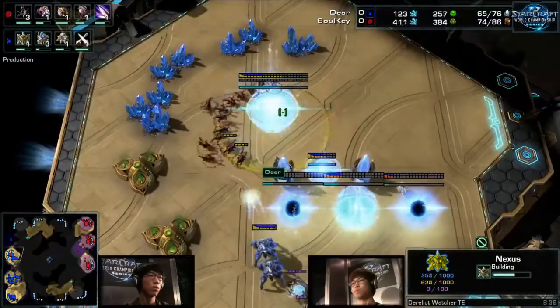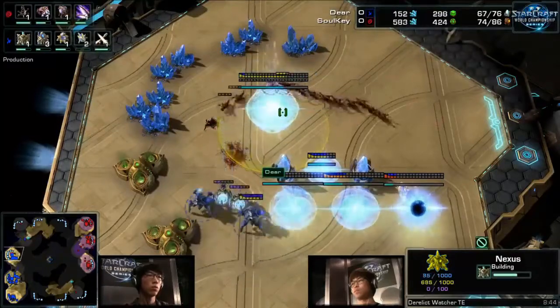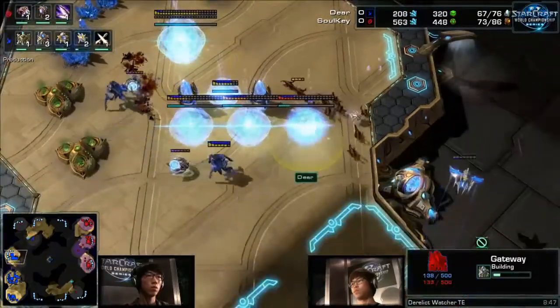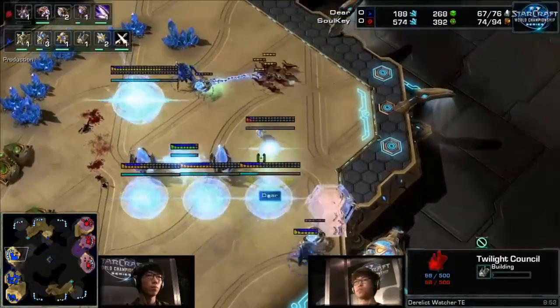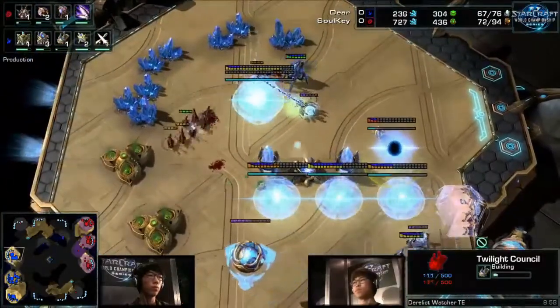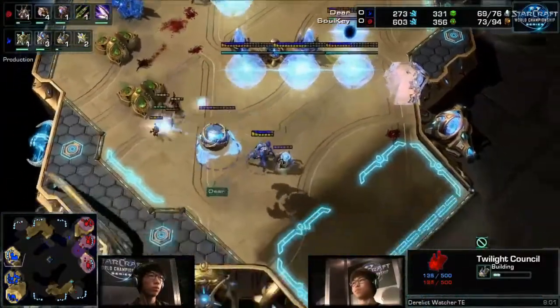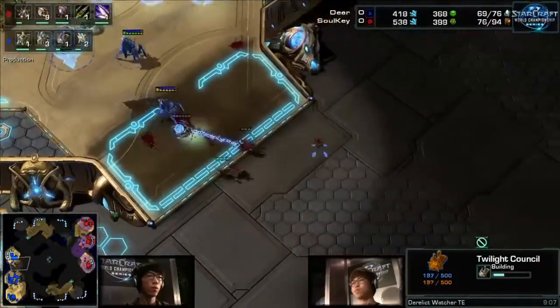Although these Zerglings are getting to a great position, targeting down, the armor is going off. I don't think he can dead it. Oh, force heal. Oh, traps the Zerglings inside. Twilight Council going down immediately. With that mothership core out, Deer, who loves to stretch it thin, having almost no defense, has successfully gotten up